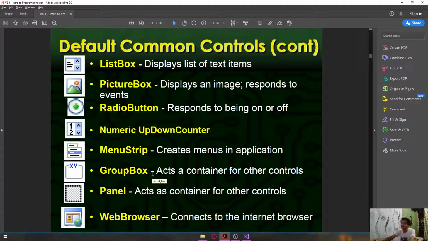And then group box. This one acts as a container for other controls. This one is actually similar to a panel. The only difference is that a group box has a label. Like this one, you can change the name of this one, and it serves as a title. And if it's a panel, then it's just a panel. The benefit of having a group box or panel is, let's say,